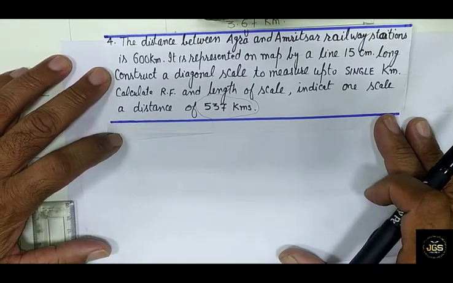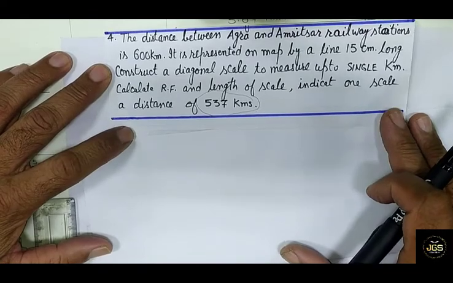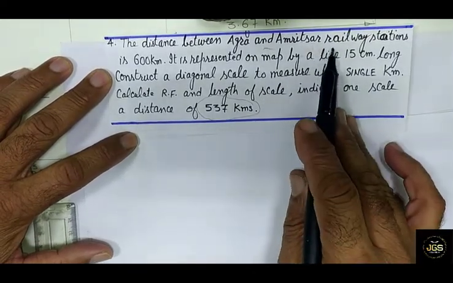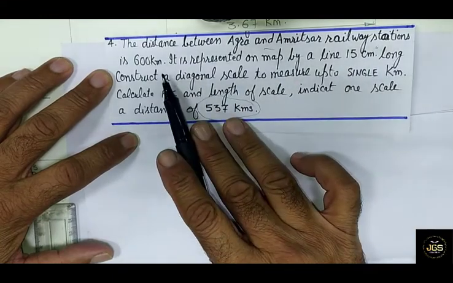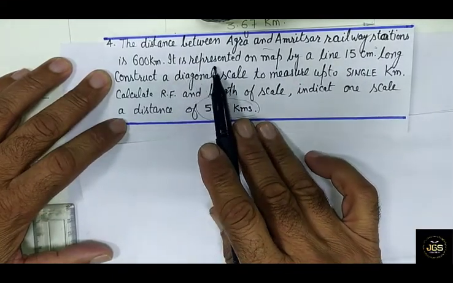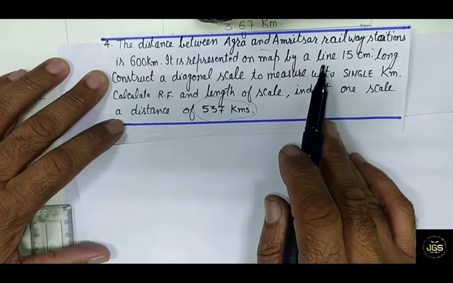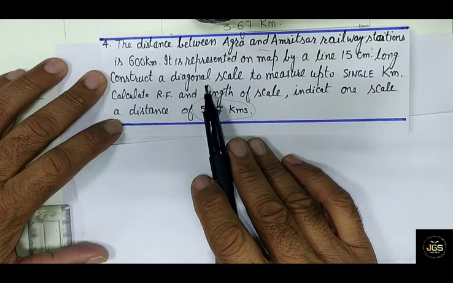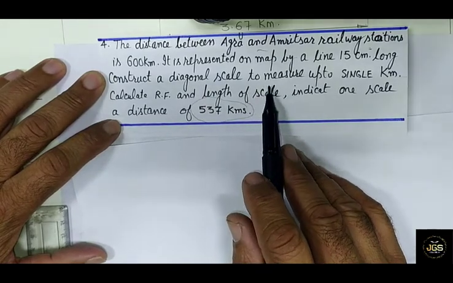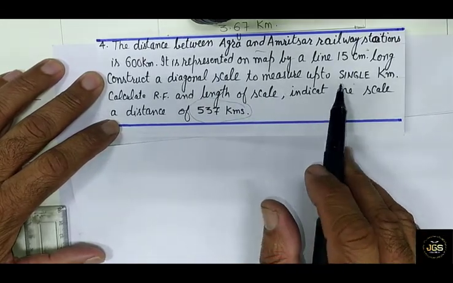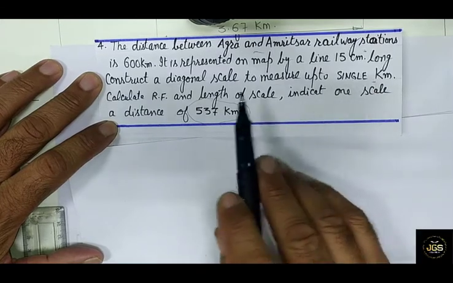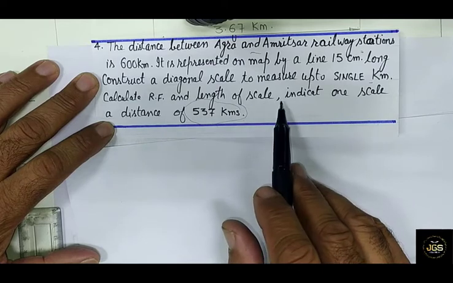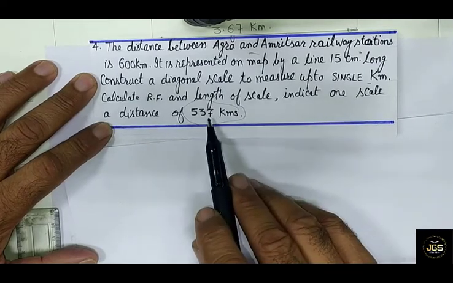The next diagonal scale. The distance between Agra and Amritsar railway stations is 600 kilometers. It is represented on the map by a line 15 centimeters long. Construct a diagonal scale to measure up to single kilometers. Calculate the RF, the length of the scale, and indicate on the scale a distance of